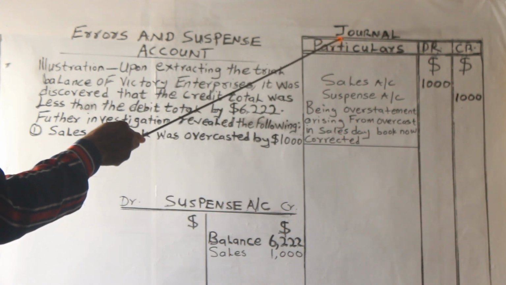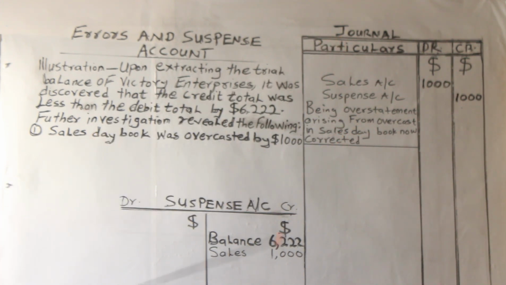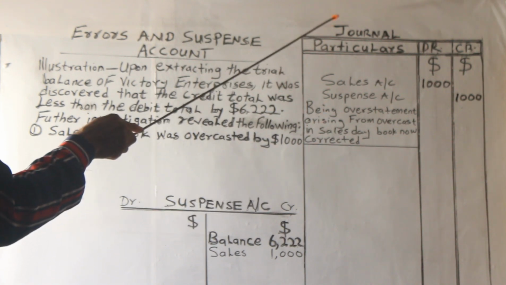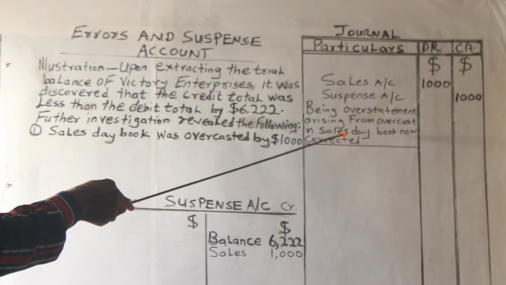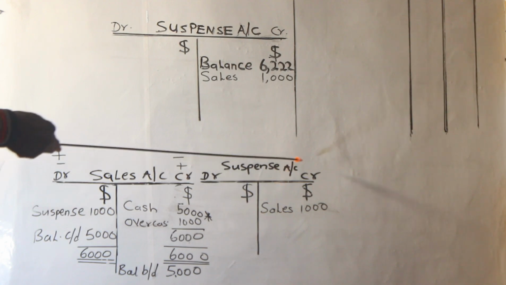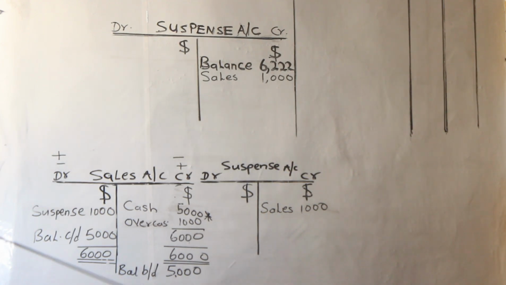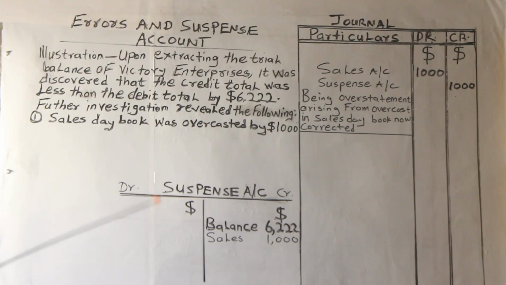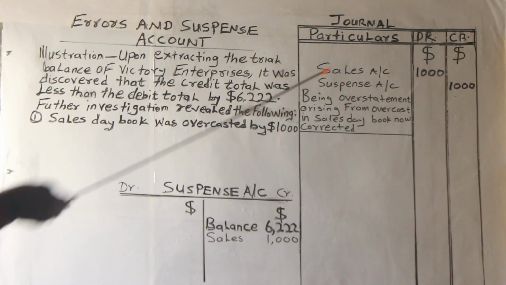Now, having understood the logic behind this, you must keep it in mind, because the Suspense account looks somehow technical, but is very easy when you understand the logic behind it. So what we are going to do now is to take another question that has a debit transaction. It should be noted that in the treatment of the Suspense account, these two accounts can never be shown. What I really did here is just like workings. The only account you need to show is the journal entry,